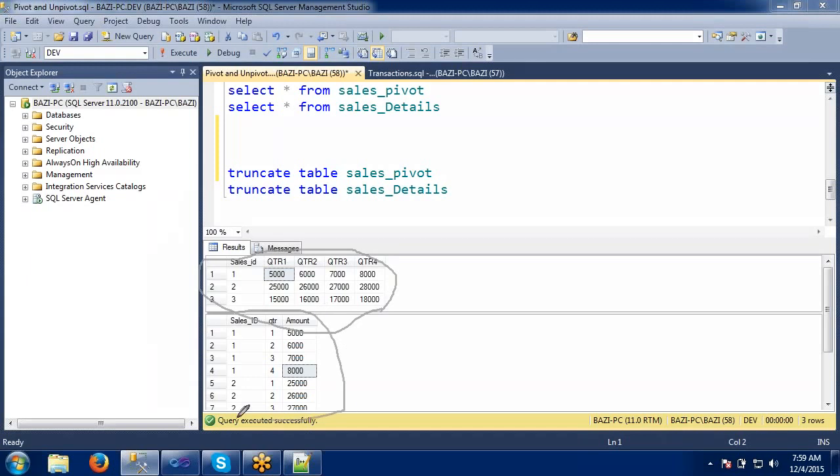Means for this, what I have to do is truncate the sales details. Then when I do this unpivot, this 5000 will come back as quarter one, and the value will be the amount, right? When I do this quarter two value, it should become, means again back to the original position. I am doing the unpivot, means again the value should come back here. So for that sake I am just truncating my sales details here. Okay,